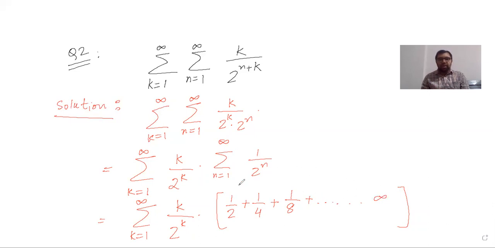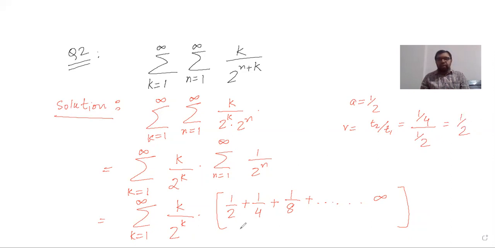Okay, so if we focus here, this series is behaving as a GP, whose first term is half and common ratio is also half. And this is an infinite GP. So the first term is a is equal to half, and in order to find the common ratio, we have to divide the second term by the first term, T2 by T1. So T2, the second term, is 1 by 4, and T1, the first term, is 1 by 2. So if we divide 1 by 4 upon half, we will get half, because half is double of 1 by 4. So this 2 will go in the numerator, and you finally get the common ratio r as half.